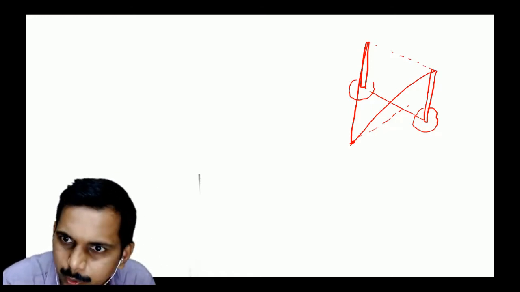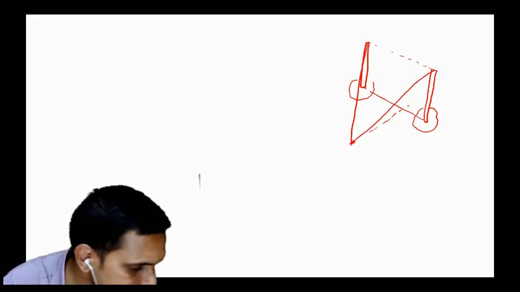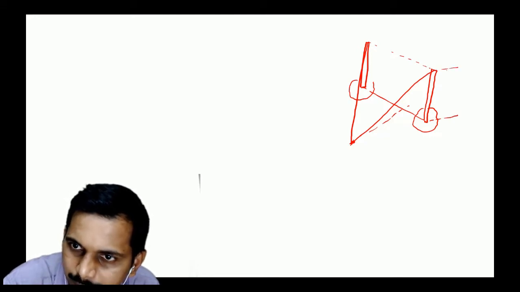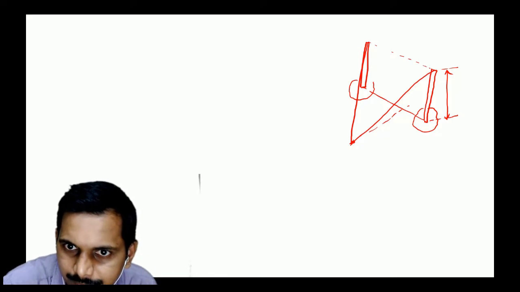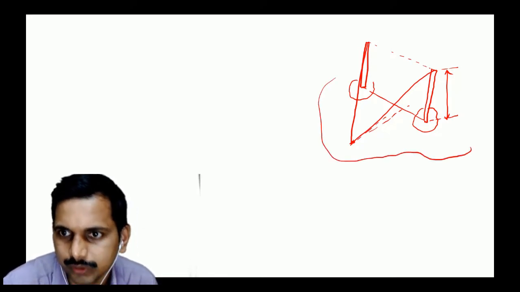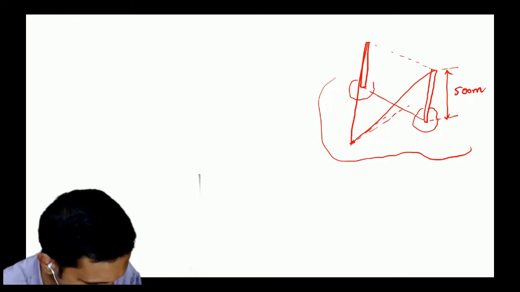So now this pole is a big electric type of pole. This is for the support that they have put the cable here. The height of both the poles, the height which is in the z direction, this is the ground, and this is on the ground, this is 500 meters.